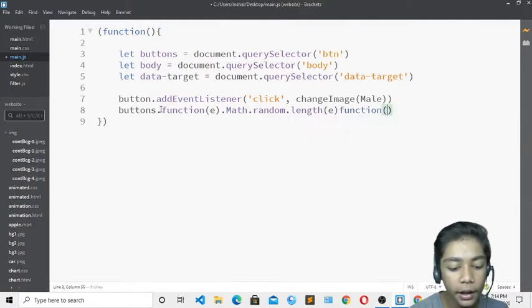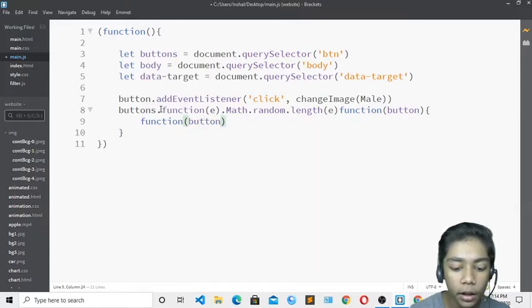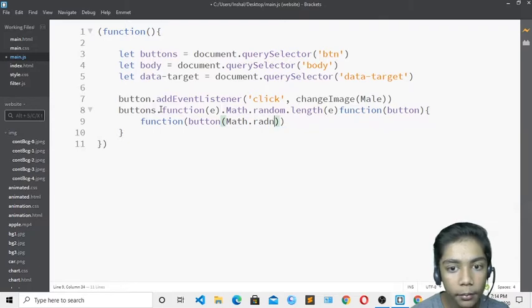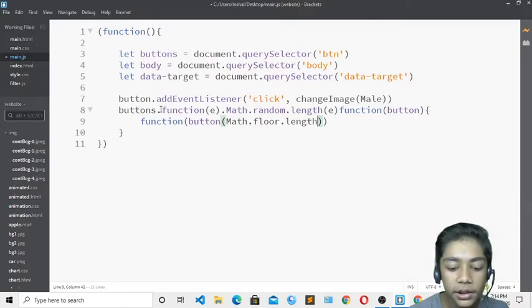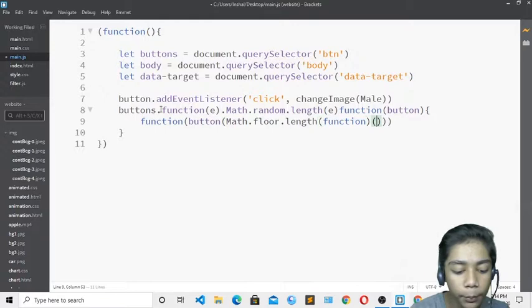Then here you have to define e again function, then come over here write button, underneath the function. Then come over there and now here you have to write the function and write again button. Okay, and now here you have to define math dot random. Okay, so now we will write floor, then length. So I will define length and now I will come and write function underneath these brackets and now I will write button again over here.